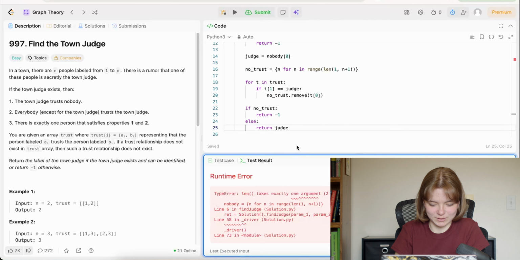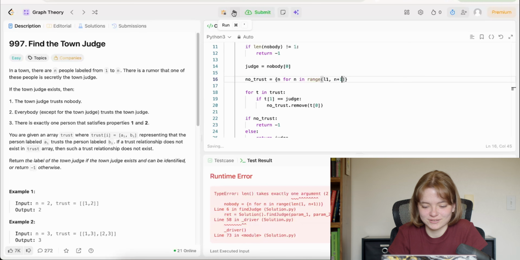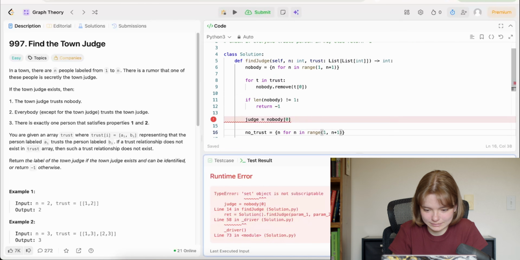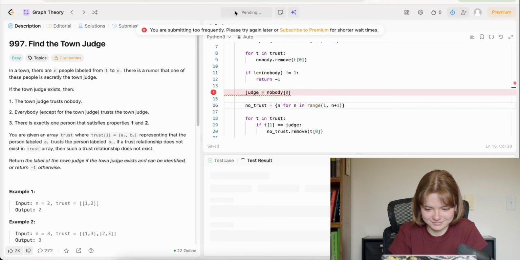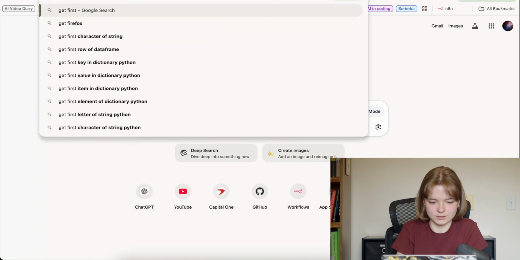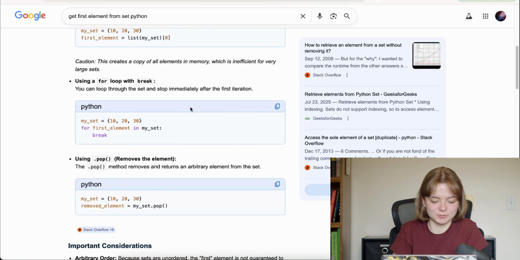See how many mistakes I made. What on earth am I doing here? Length of what? Okay, clearly I'm very used to ranging over lists, not straight integers. What? Wait, no. I know. I'm not subscribing to premium. Right. Let's just say, how do we get first element of a set? Okay, there's no way. Arbitrary element from the set.